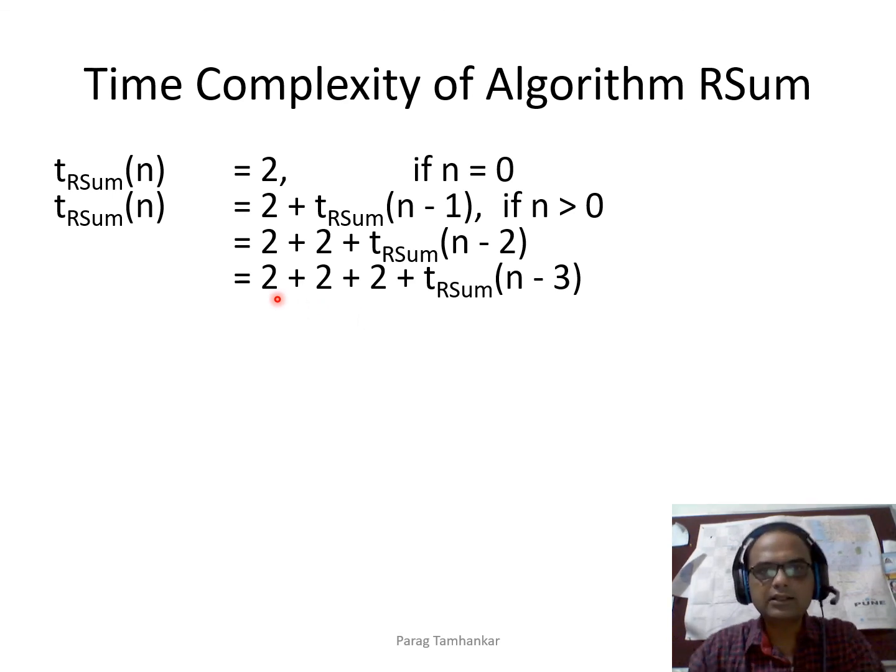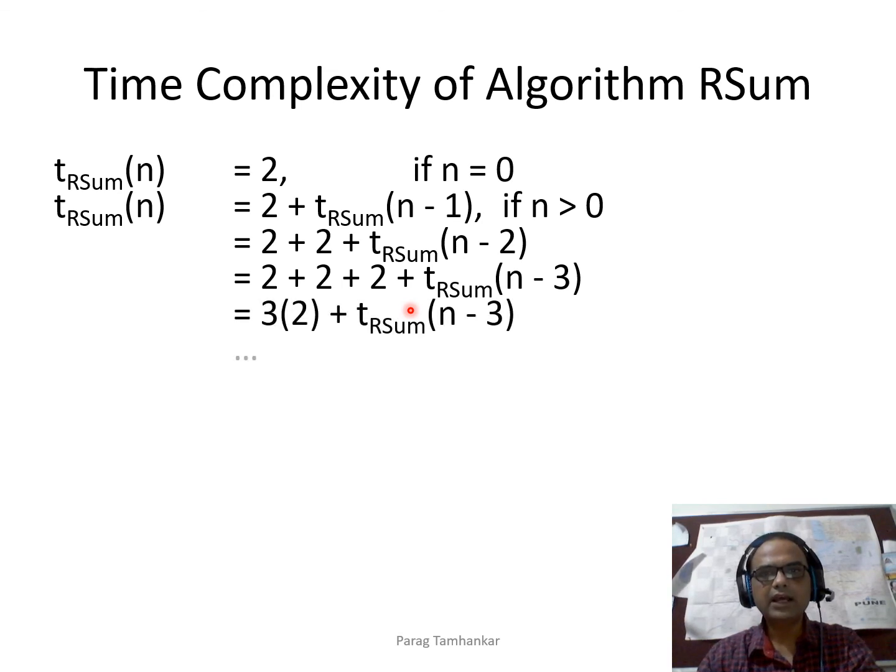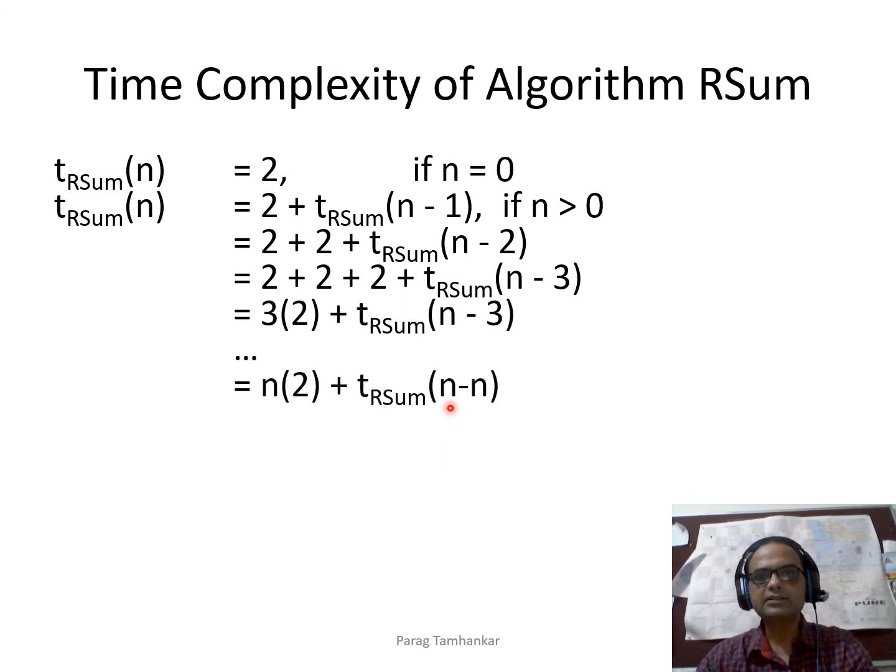Now one interesting thing to notice over here is this. When you subtract 1, there is one occurrence of 2. When you subtract 2, there are two occurrences of 2. And when you subtract 3, there are three occurrences of 2. So similarly, when we have n minus n, how many occurrences of 2 would there be? n occurrences would be there, because when we subtract 3, there are 3 occurrences of 2. So when you subtract n, there would be n occurrences of 2.